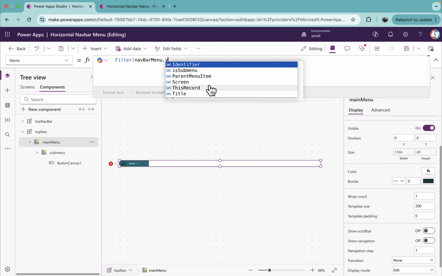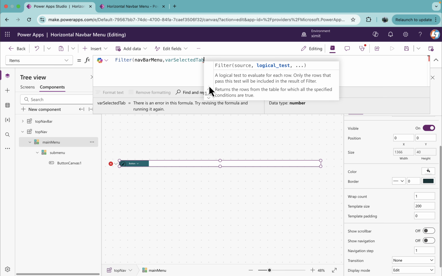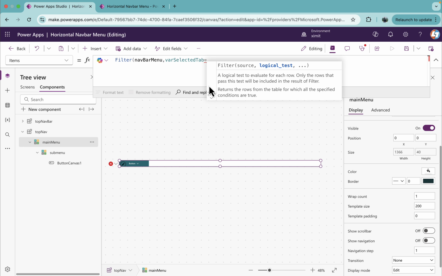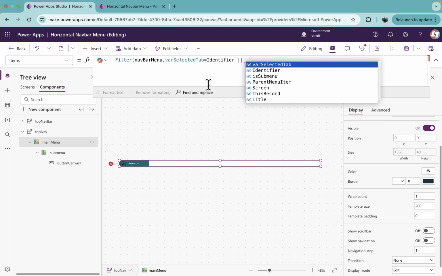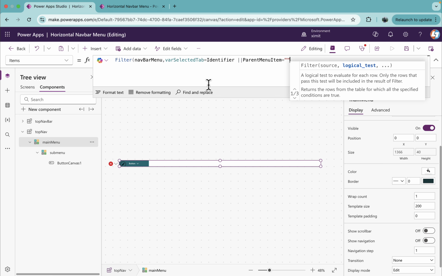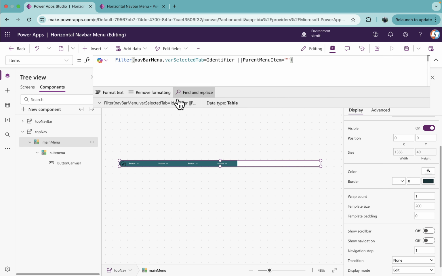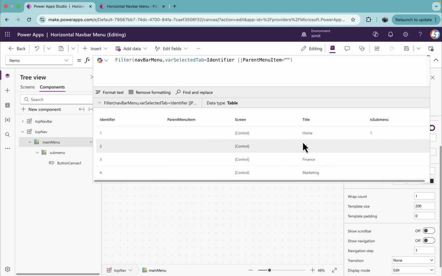Here, where selected tab is equal to identifier, and put our condition: parent menu item is equal to blank. So once we do this, you will see we have identifier 1, 2, 3, 4, and all the parent menu